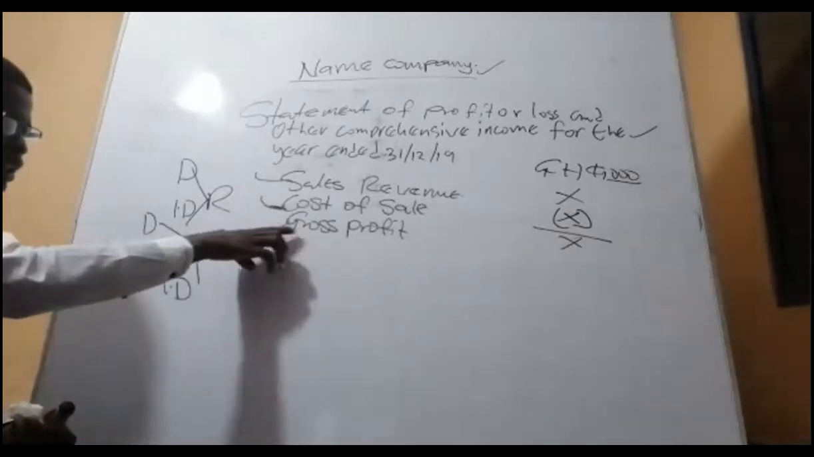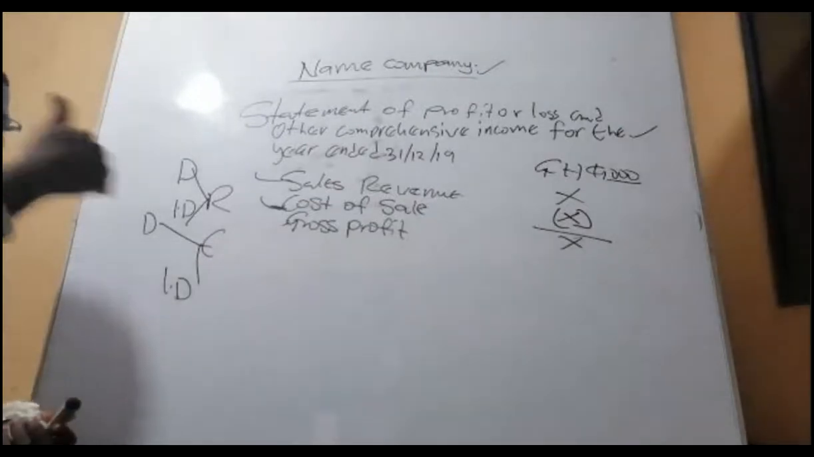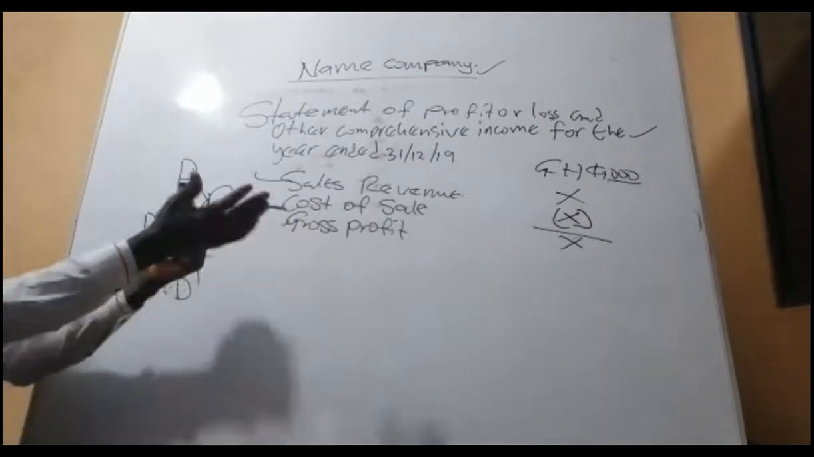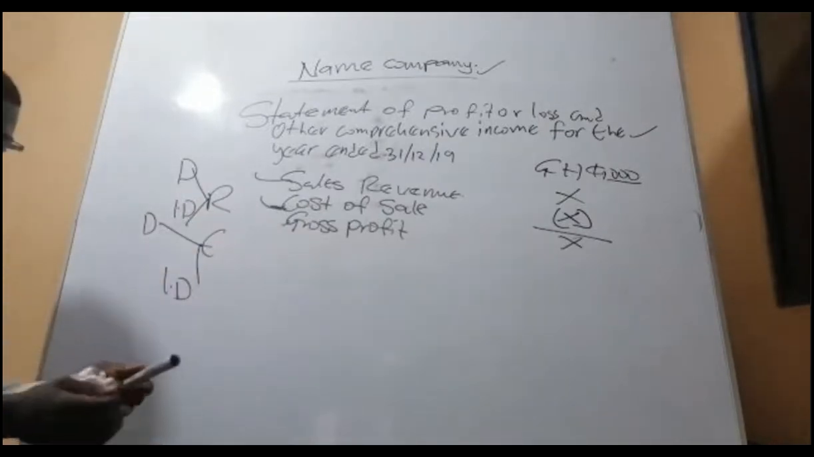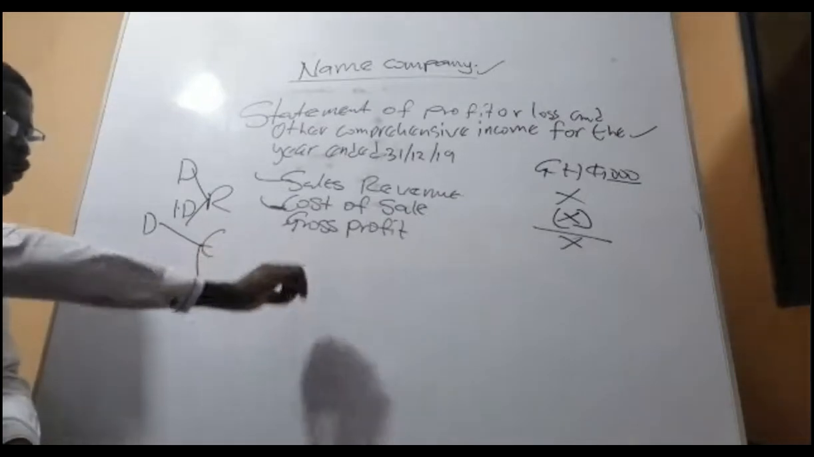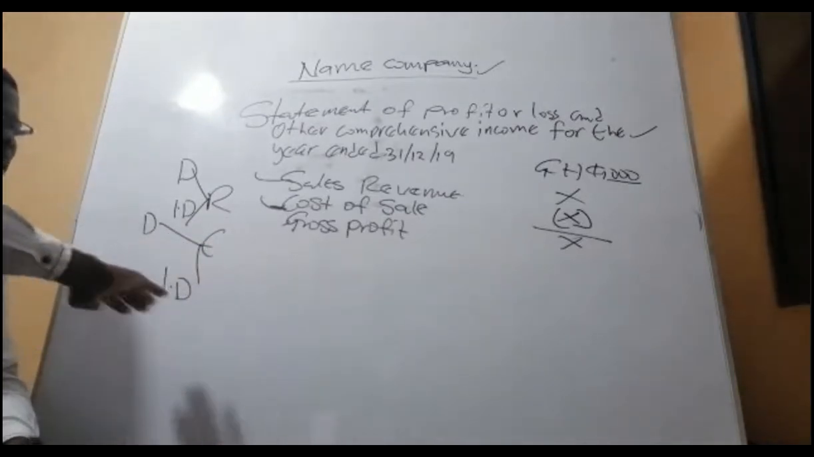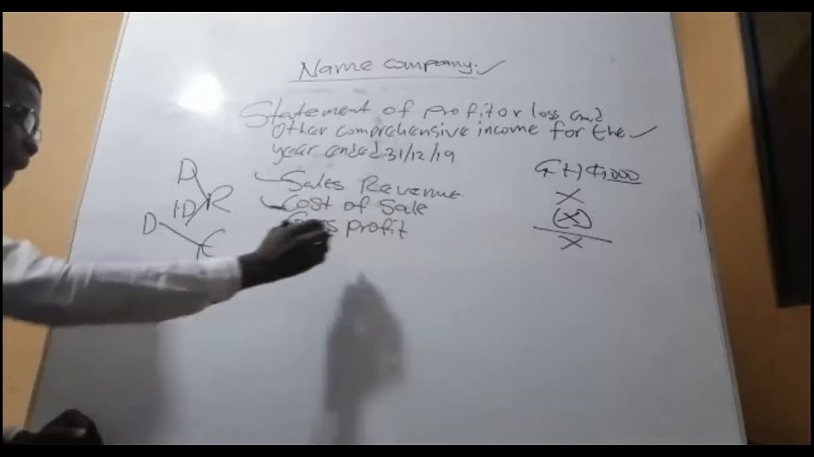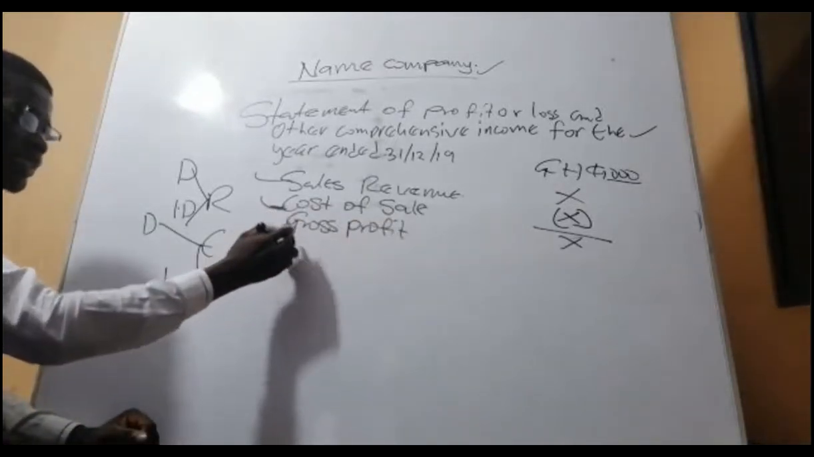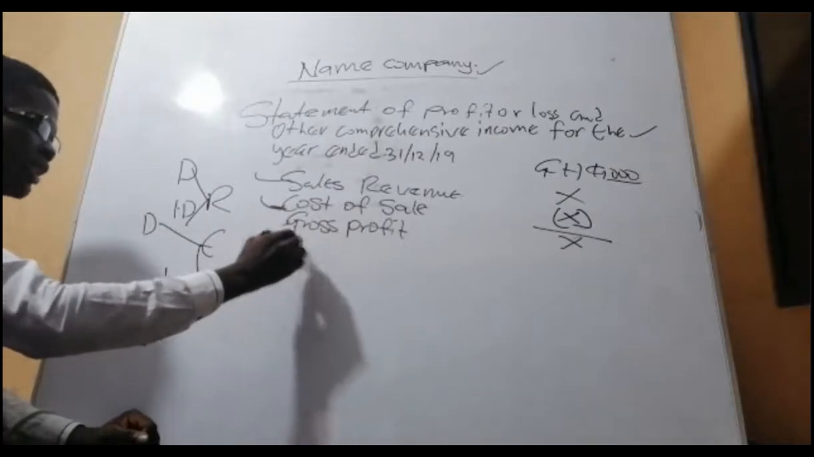Then right from the gross profit, you come to your indirect expenses and your indirect profits. You add all of them. Just that for the indirect expenses, there are only two which are permitted by the standard to be shown as line items. They are...